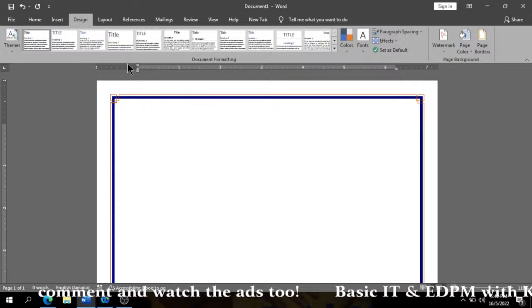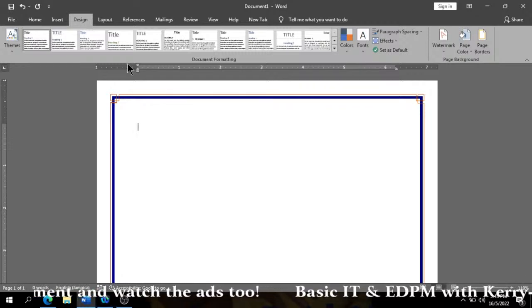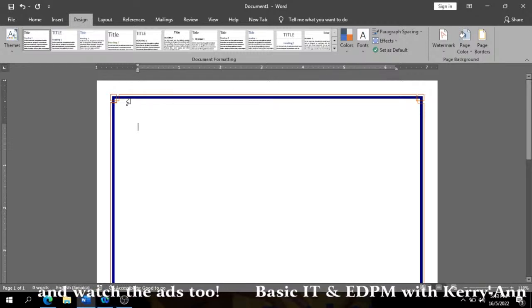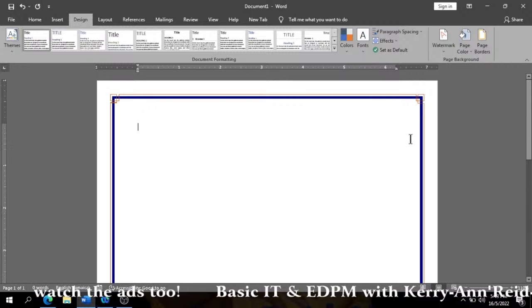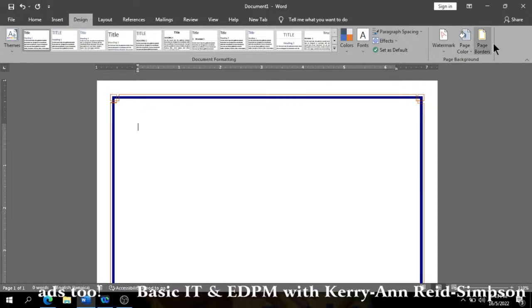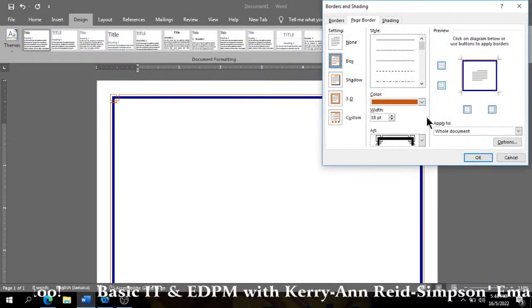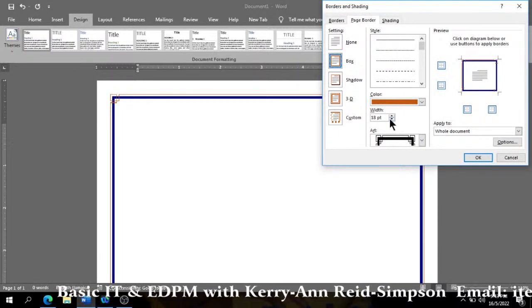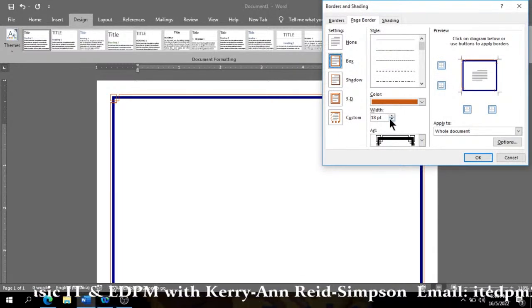And then another thing you could do as well is to increase the size of the border. You could make it thick. You could make it a very thick border. Right? So I'm going back into the border to show you where you could go to increase the thickness of